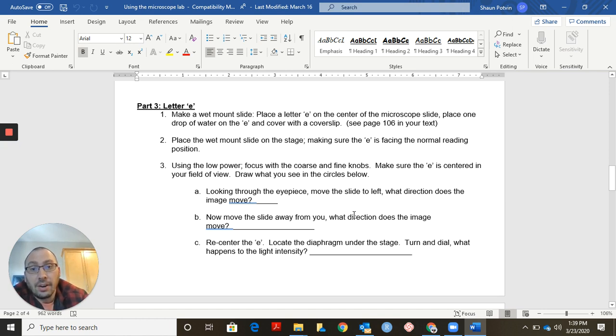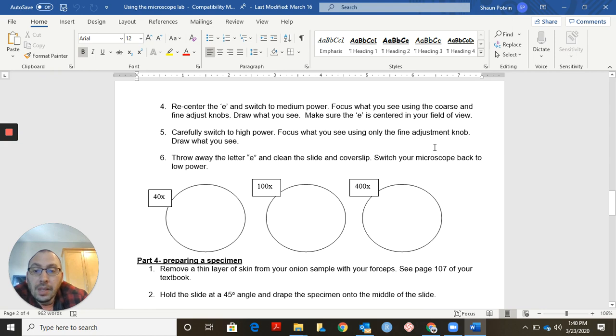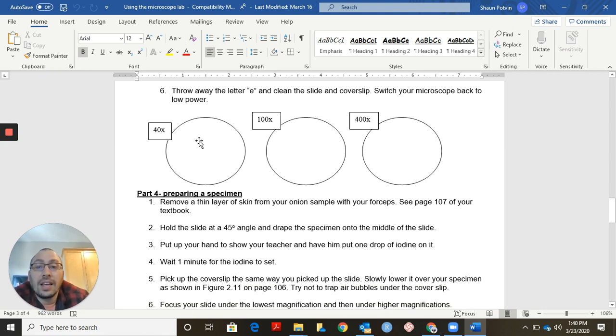Okay, so what you're getting there is everything is the opposite. Part C says recenter the E, locate the diaphragm under the stage, turn the dial. What happens to the light intensity? You may remember when we were playing with the microscopes prior to the lab, the diaphragm changed the intensity of the light, and that helped us, especially with the onion cells. Finally, we had to go and look at the letter E underneath the microscope and draw it at 400,